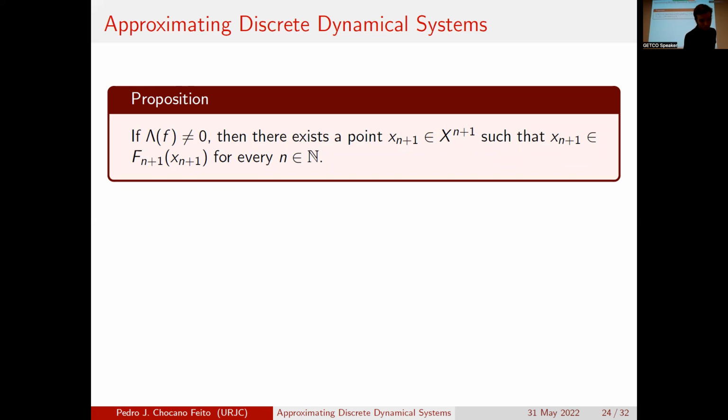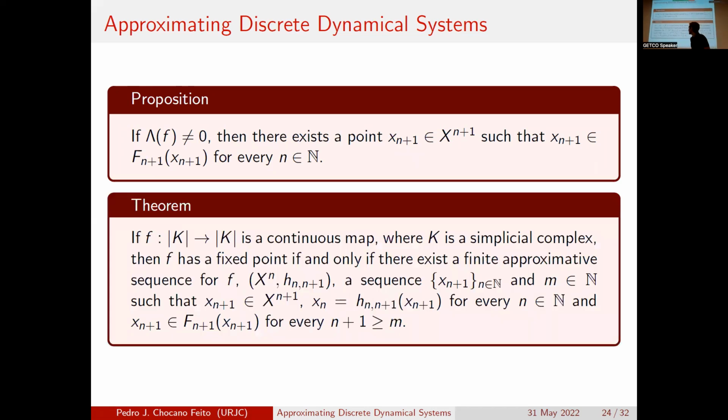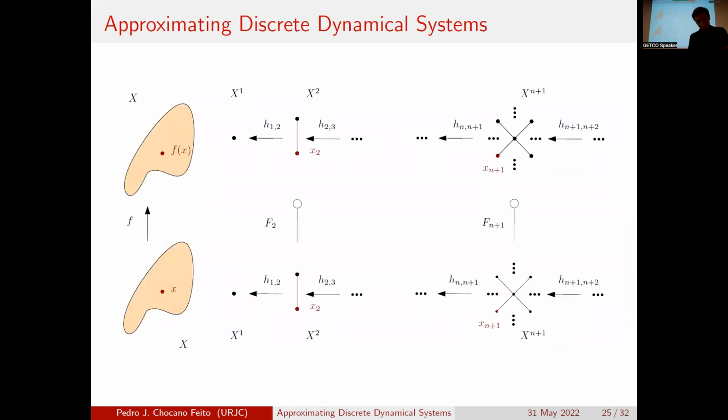Working a little bit more, we can obtain the following theorem. Okay, this is a long statement. Essentially, it says that we have a fixed point of our original dynamical system if and only if there is a sequence of fixed points for each level of the previous construction. We can see this in a picture. The theorem is telling us that I have a fixed point if I can find a fixed point for every level of our inverse sequence, and even more, the fixed point should